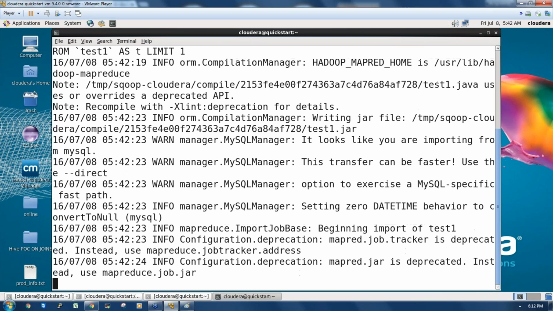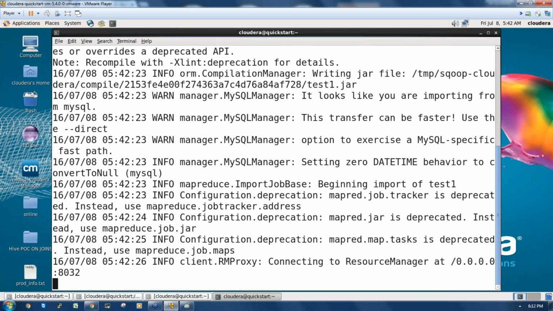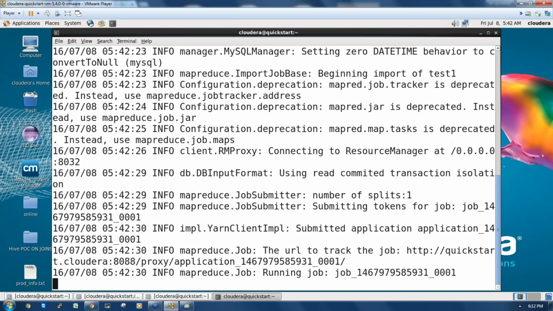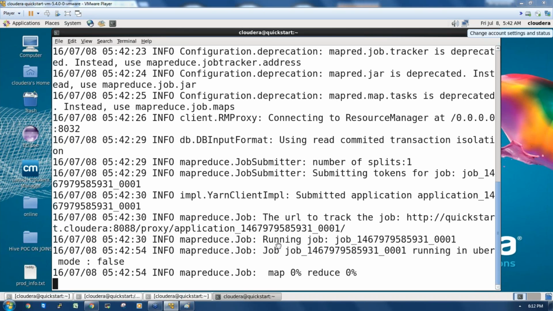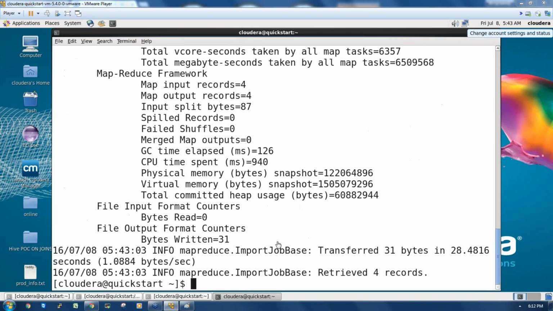So now the data resides in HDFS. Once the data is available in HDFS, then I can create a table in Hive. Then using Hive, I can query the data. So this is how we are going to work in Hadoop, right?